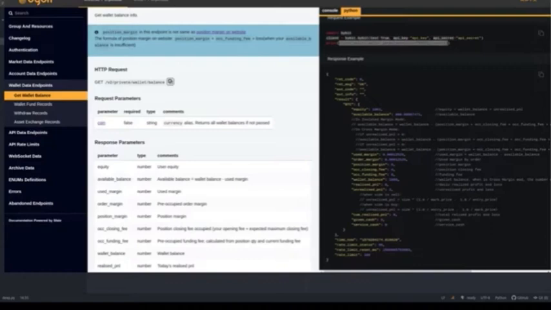And if you want to access these keys here, like available balance, I can just add available underscore balance here. I made a few